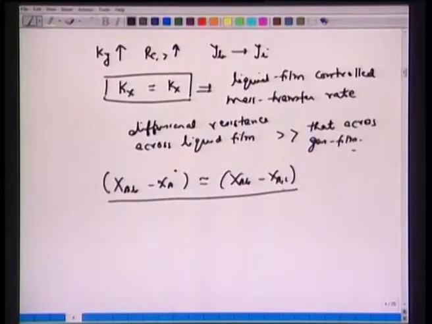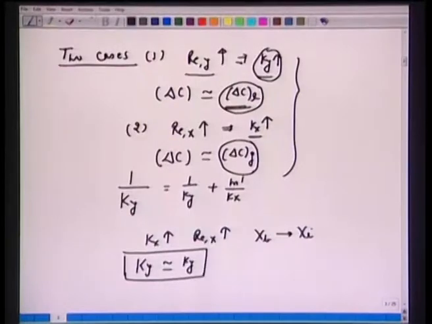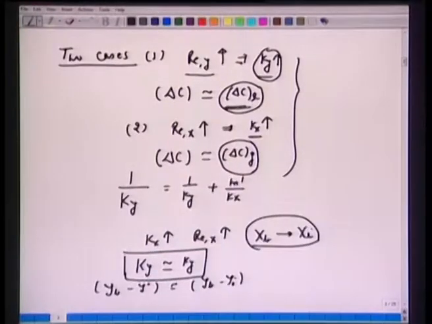So we can go back and look at similar situations we have in this case. The first case, when we say that Ky equals Ky, we can say that Y bulk phase concentration minus Y star is the same as YB minus YI, because there is no resistance in the liquid phase. Because the mass transfer coefficient is very large, because the Reynolds number is very large there. Okay, so essentially all these